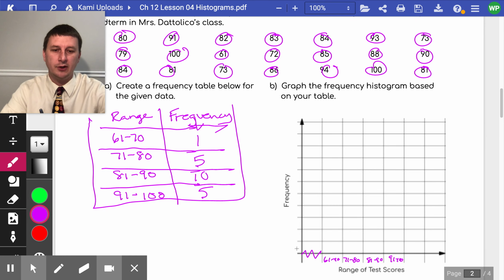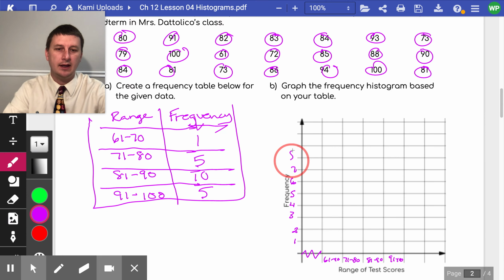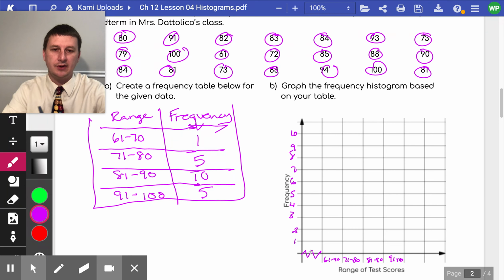So now to make my frequency histogram, I'm going to label my axis. Do I have 10 lines here? Let's see. I have 1, 2, 3, 4, 5, 6, 7, 8, 9, and 10. Yes, we have a perfect amount because, again, we're going to have to make a bar up to 10, so I wanted to make sure I had 10 there. And now I can make my